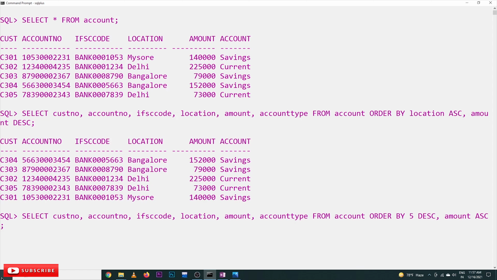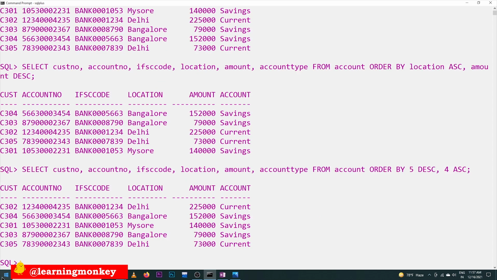Okay, so here amount is not there. This amount is what we have to arrange, okay, amount, and here we have to give 4. Okay, so 4 means it is location. Okay, so now see here, this is not the output that we are expecting. So for the B's query, the output is the amount values are in the decreasing order, and for this order the values are going to be this, right? So this is not getting satisfied.